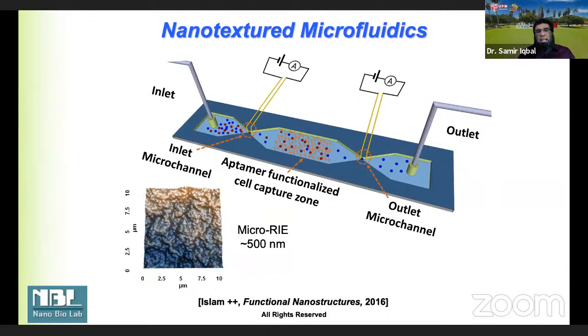So here the idea was there's an inlet on the left side where you are putting all the mixture, blue and red, good and bad cells. And we did this with cancer cells, this work, and you push them through, and then you have another outlet, and you have 2 electrodes. You are measuring each cell that's going in, and you are measuring each cell that is going out.